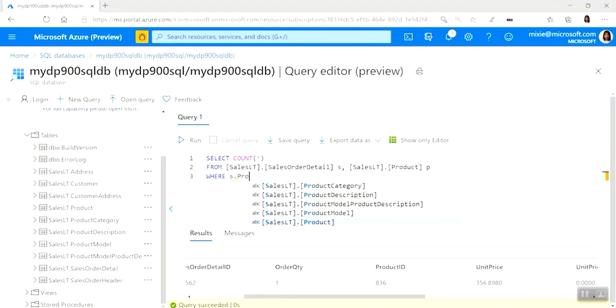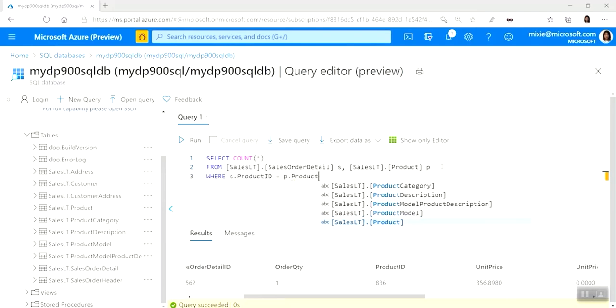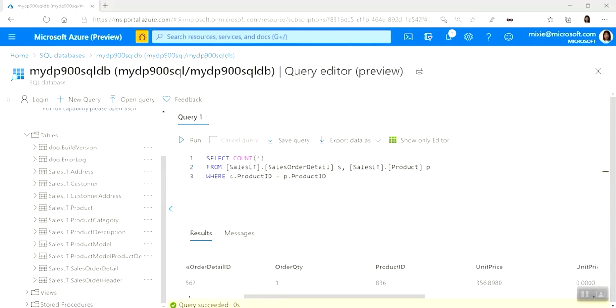in the results which will return me the product ID from the sales order table. That is the same as the product ID from the product table. Now, if I hit execute, I get a result of 542, which tells me that the total number of products that have been ordered is